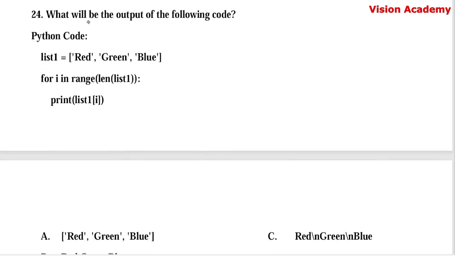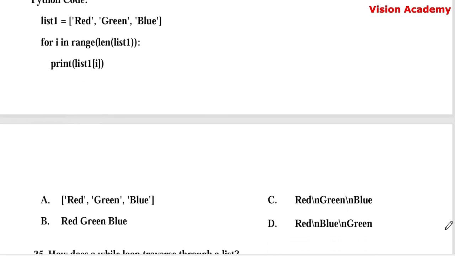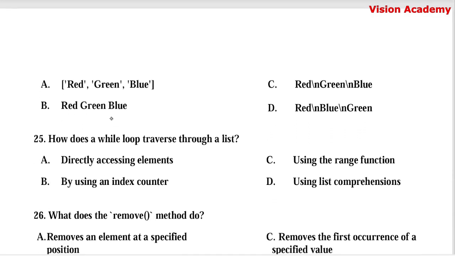Question number 24. What will be the output of the following code? Python code: list1 = ["red", "green", "blue"]; for i in range(len(list1)): print(list1[i]). Here the options are: